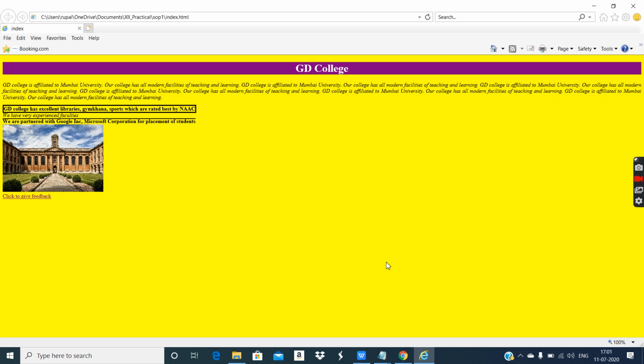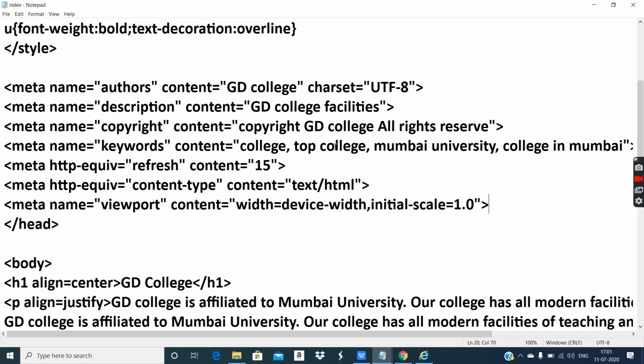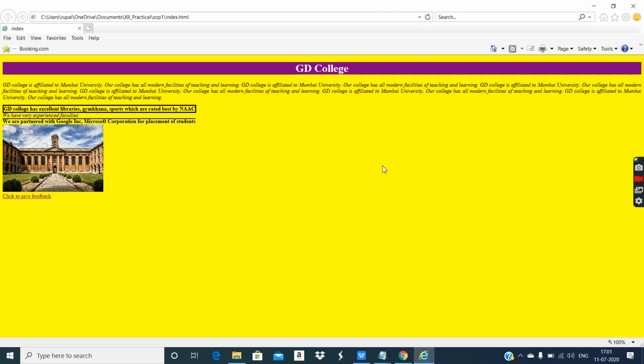Now see, it has automatically refreshed. So we will see after 15 seconds. If I reduce the time, you will be able to see it will refresh quickly, within 5 seconds it will automatically refresh. Let's see, after 5 seconds it will refresh.